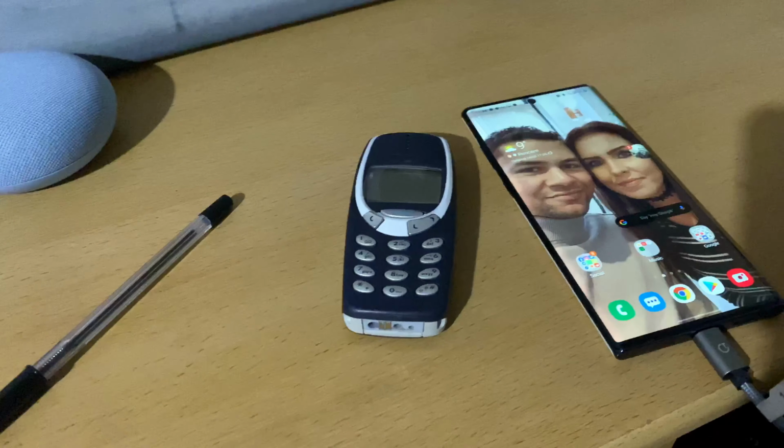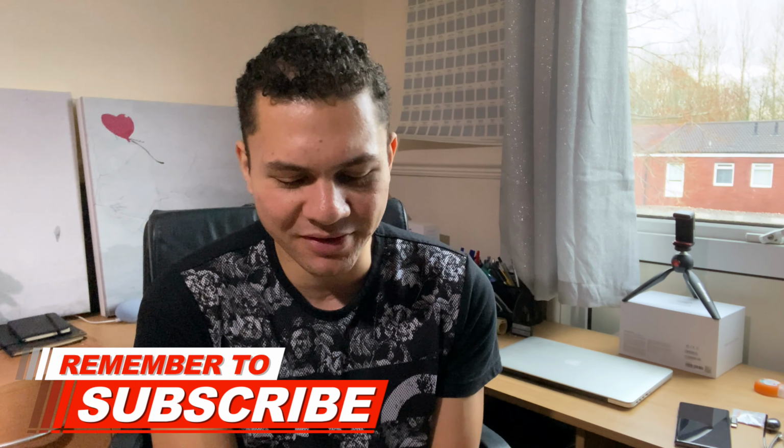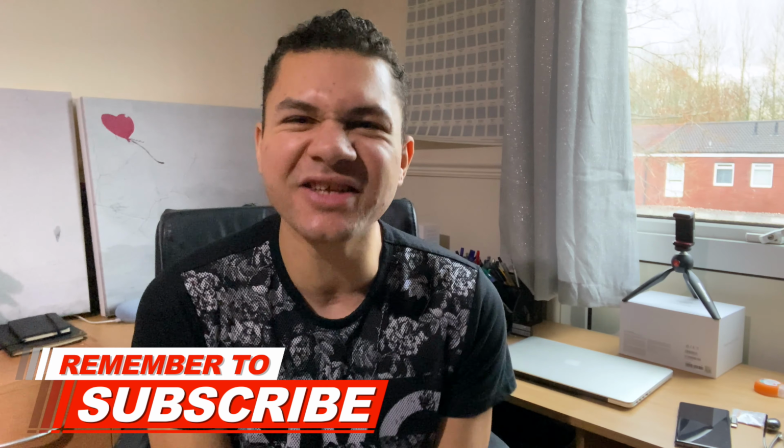No doubt about it, phones have gotten bigger over the years. Phones that we used to call the brick back in the day are now dwarfed in comparison with the phones that we have now, with the 6 point whatever screens and their 4,000-5,000 milliamp hour batteries. Phones have gotten bigger and bigger, all except one. One company has gone the other way and made what is probably, and they claim, is the world's smallest